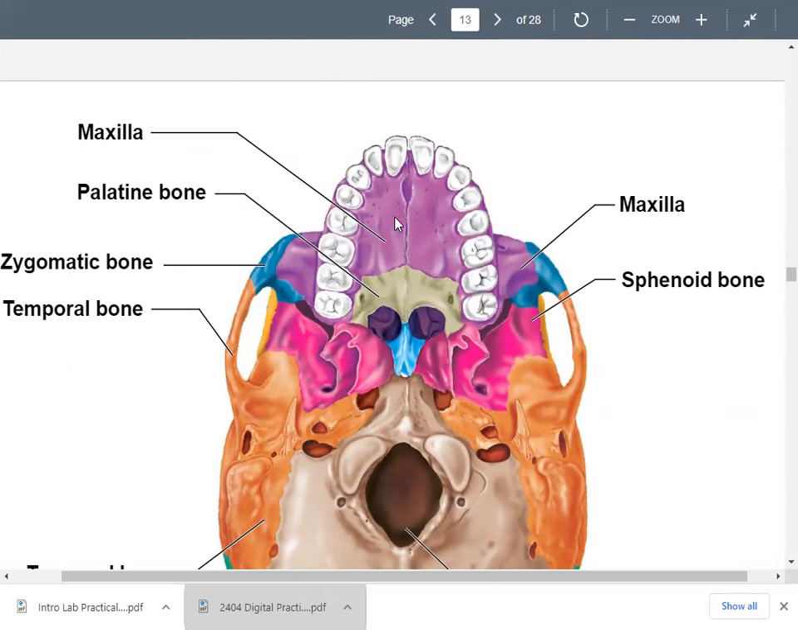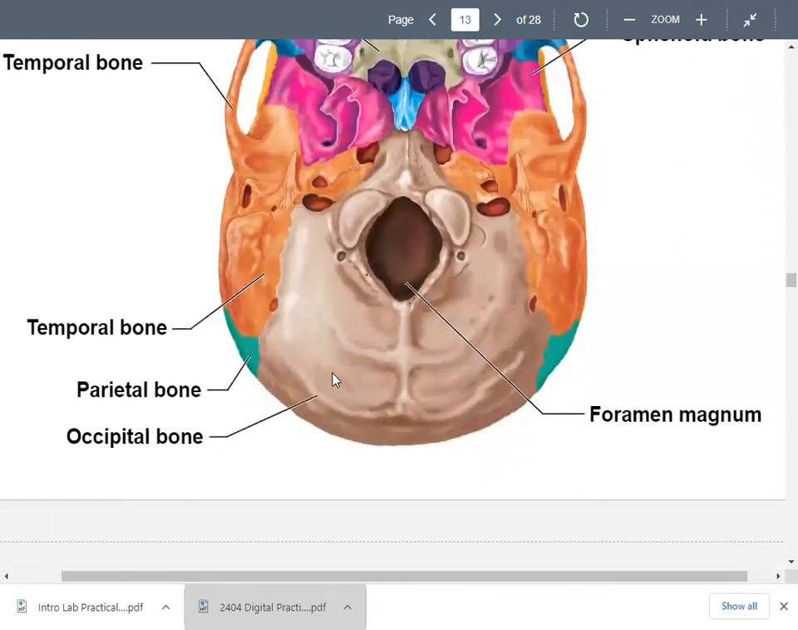Maxilla, right? Upper jaw. You see it here as well. It's your palatine bone. It's your palate. This is part of your nasal. All right. What about this? Sphenoid bone, right? Right here, this is your temporal bone and zygomatic bone. It's a bit of your parietal bone there, and this is the occipital in the back of the head,